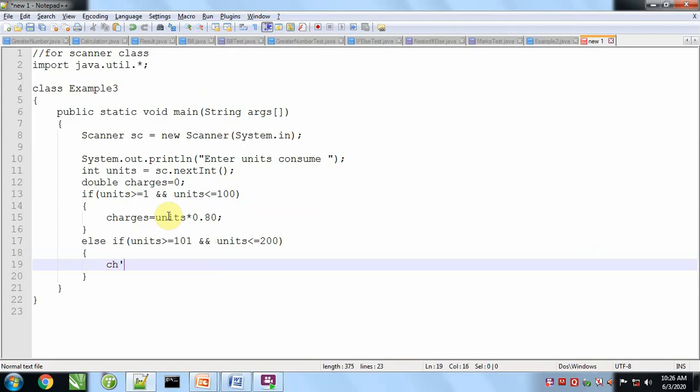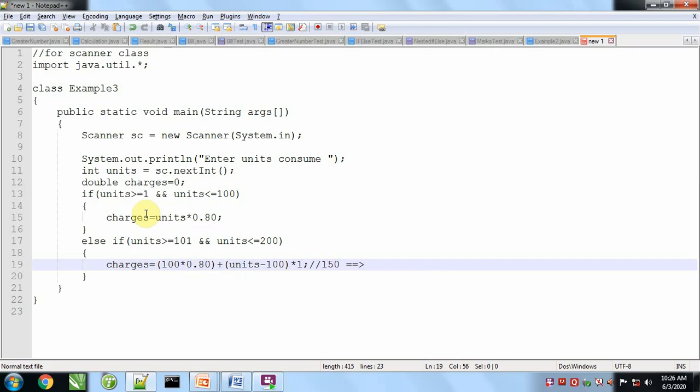According to this slab, for the first 100 units it will be the same, 0.80, and for the rest of the units, units minus 100, into 1 rupee. So what is the situation here? Suppose I enter 150 units.